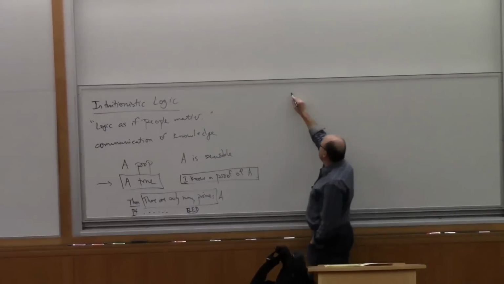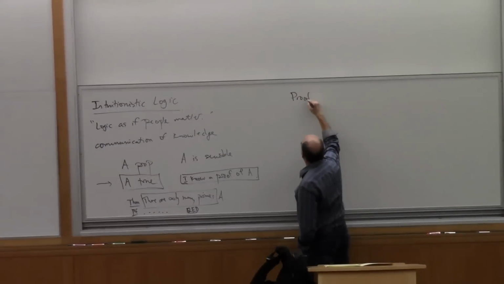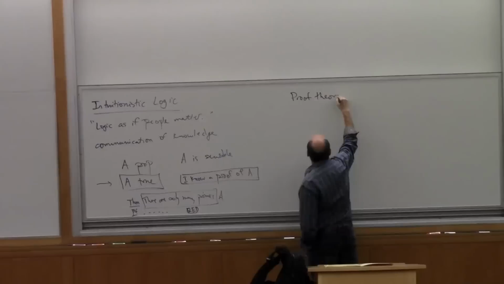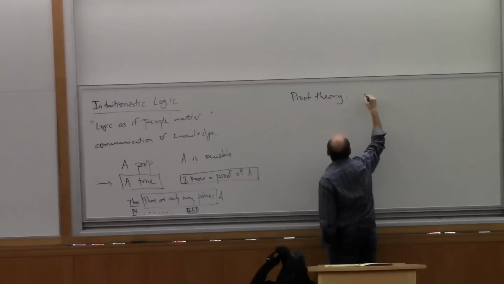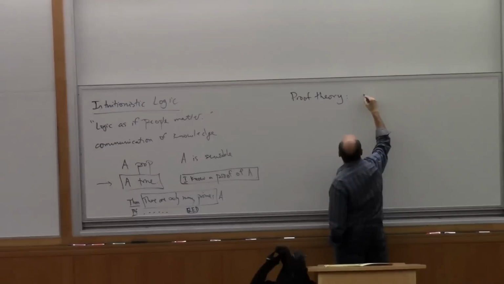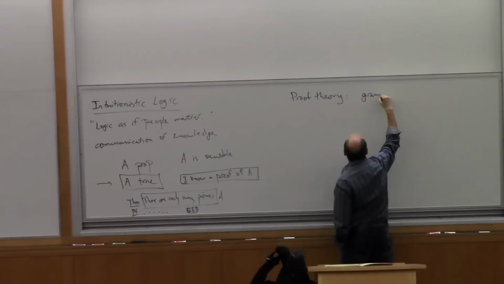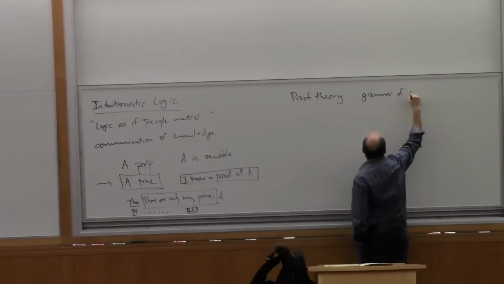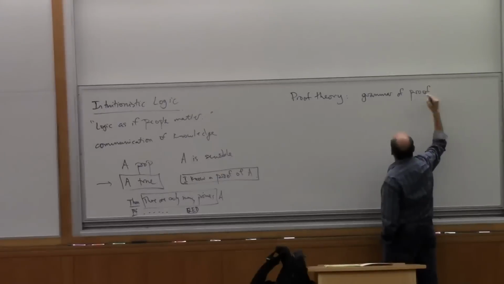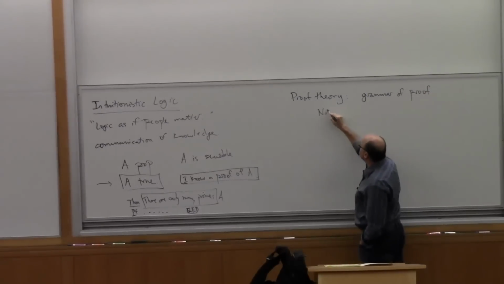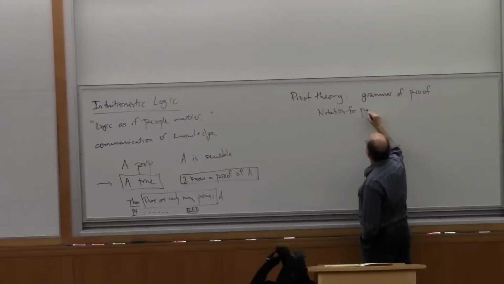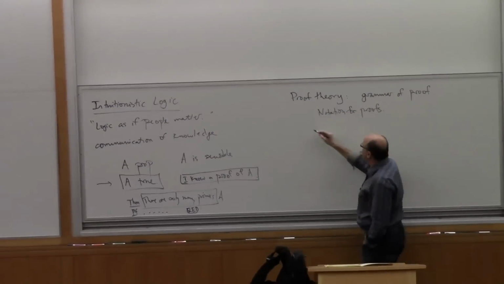So proof theory, in some way, which we're going to talk about here, Frank is going to talk about a lot, okay? Proof theory is really talking about a formal or precise grammar of proof, you might say that. Okay? That is a notation system, a notation for proofs. Okay? And moreover, it's going to involve a notion of equivalence or execution of proofs, equality of proofs.